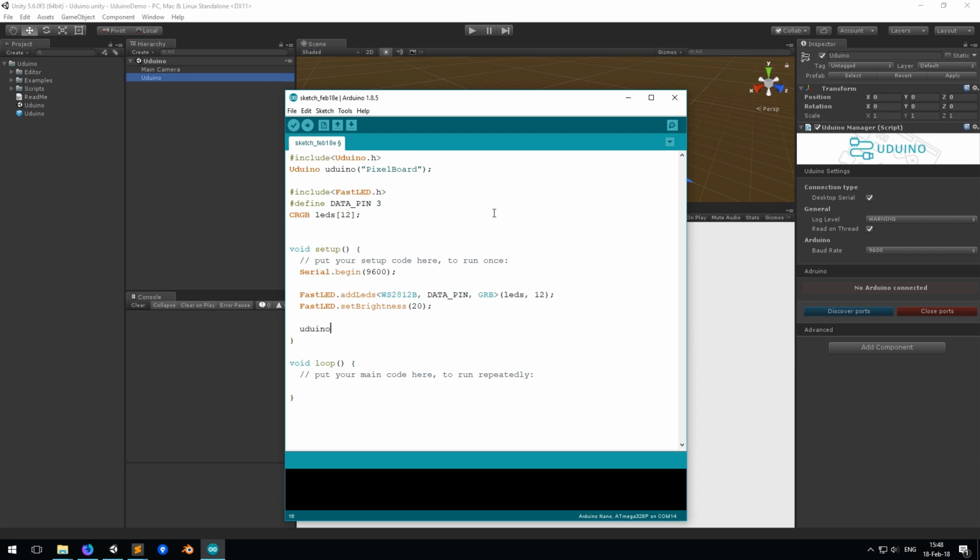Now we can create the Arduino commands. I want one command to turn on the LEDs. It's gonna be the method name turnOnPixel. And I want one other command to turn off the pixel. So it's gonna be turnOffPixel. I can now create these two new functions, turnOnPixel and turnOffPixel.